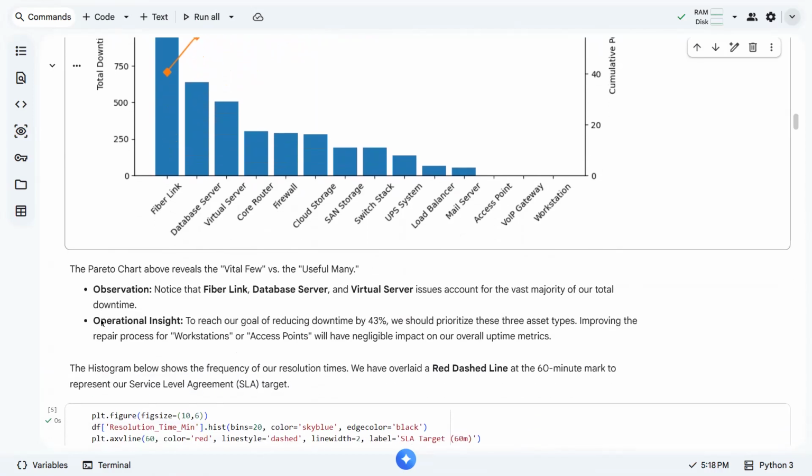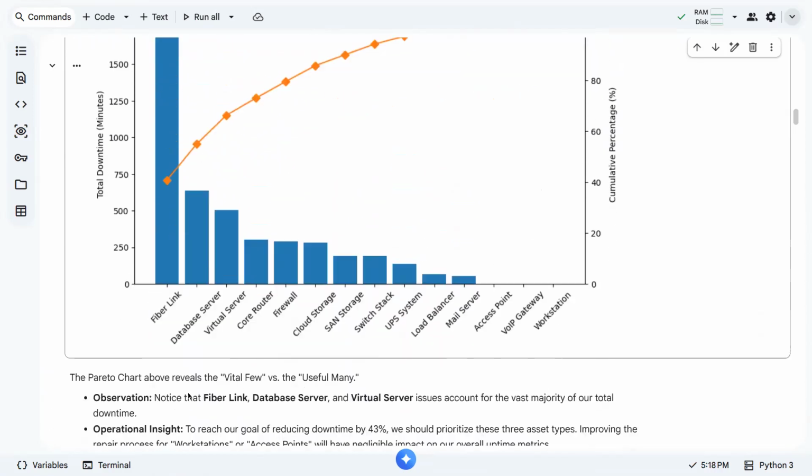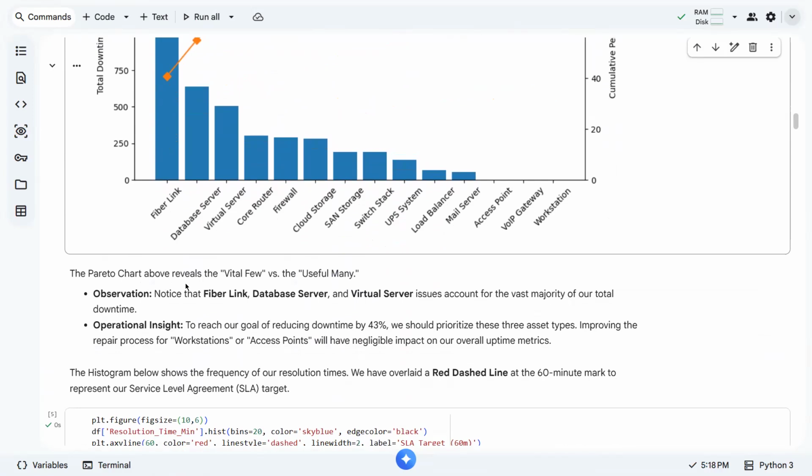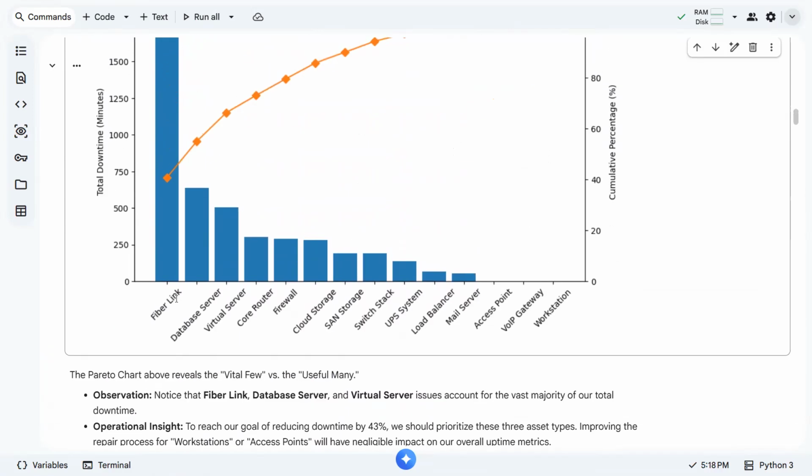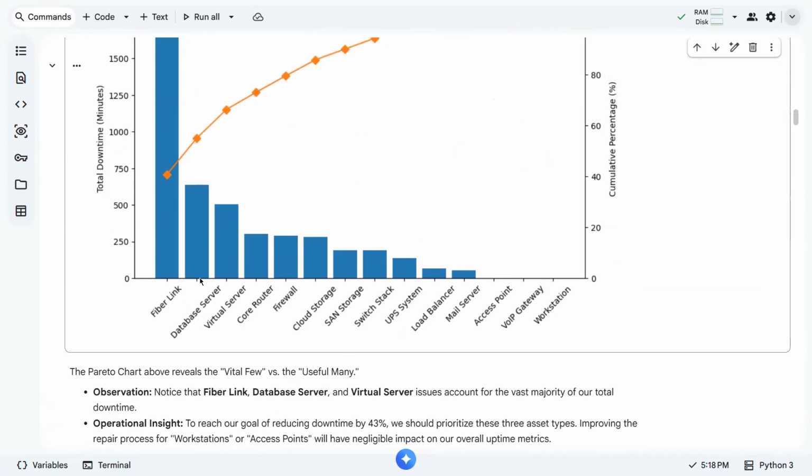Okay. So here, using this Pareto chart, we can now reveal the vital few versus the useful many. So the observation here is that the FiberLink, database server, and virtual server issues account for the vast majority.